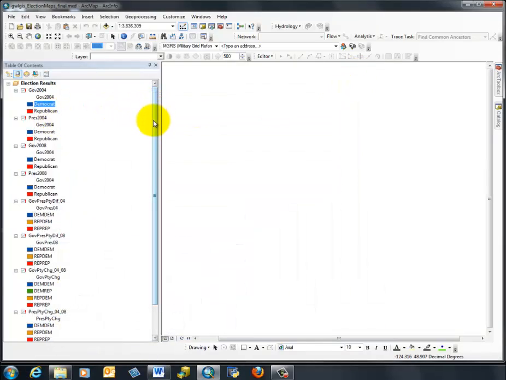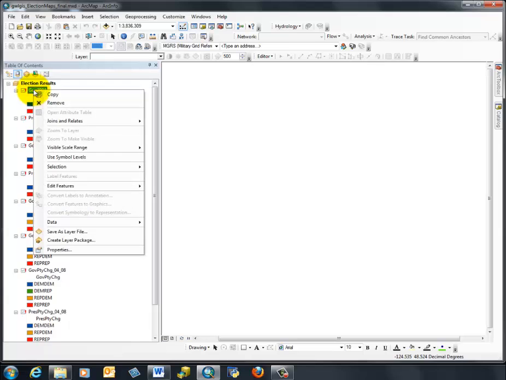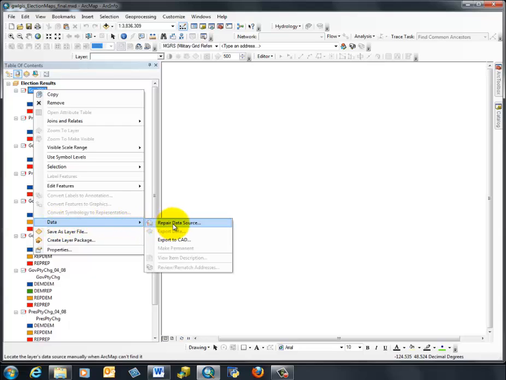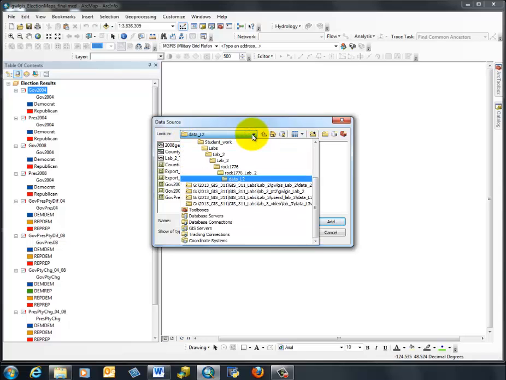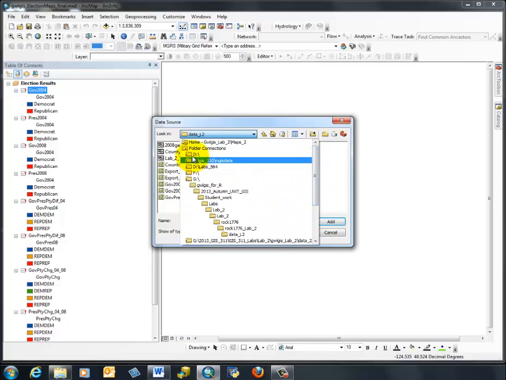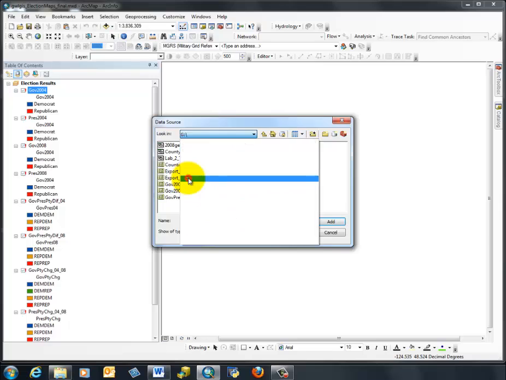You must repair data sources. I'm going to right-click on my first layer, Data, Repair Data Source. Data L2, I'm just going to double check, and it's not the right area. That's why we use this little down arrow. This is the wrong folder. I'm going to go back up, go to my proper drive,